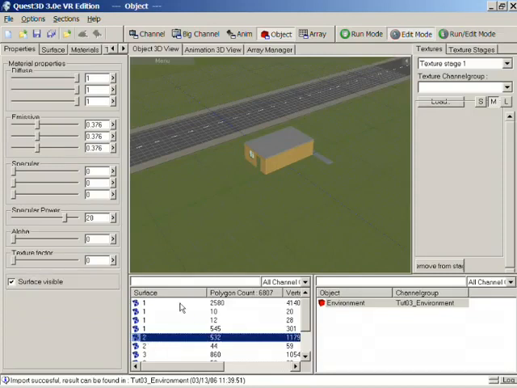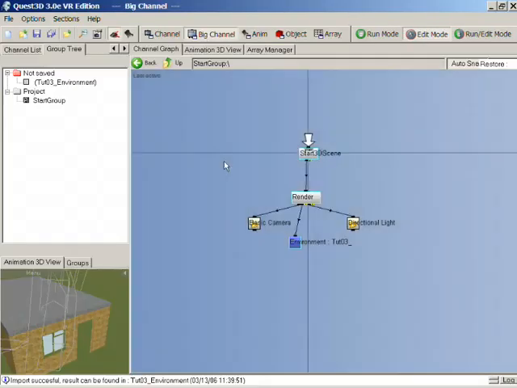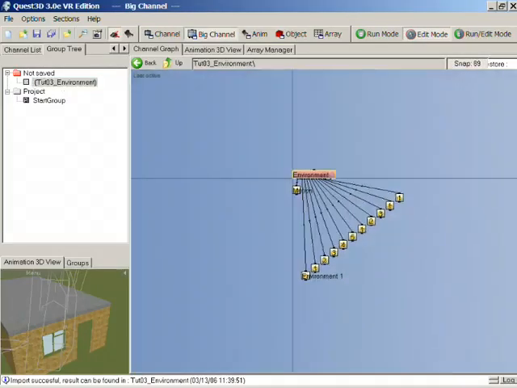Now you can see the importer has given them really silly numeric names. What we might want to do is rename these surfaces so that we know what they are when we're coming back to them later. So if I just click on here, I can now rename it to whatever I want it to be. So now that it's called our grass surface, let's go into the channel section, go to our environment channel group,